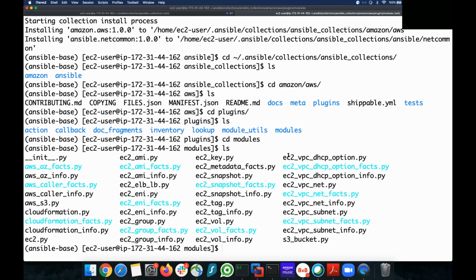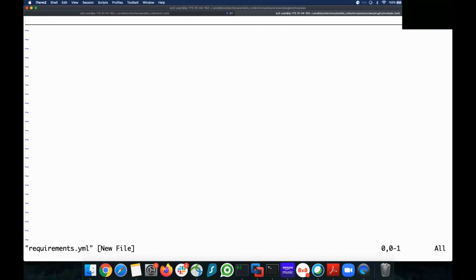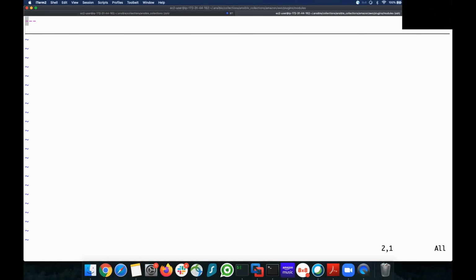To install a collection using requirements.yaml, just create a file called requirements.yaml, and let's say collections.